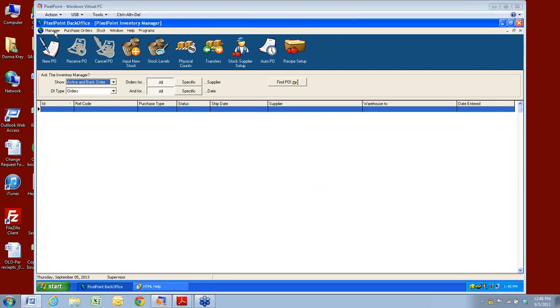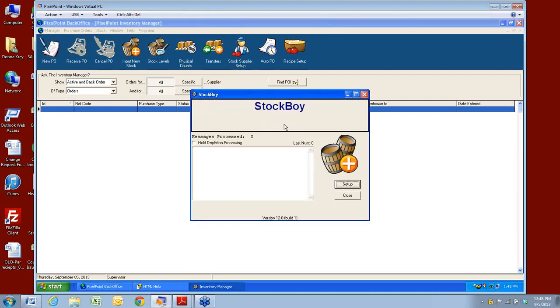Okay. All right, then we have restart, so restart inventory depletion. This is one of the options where I had turned off inventory depletion. And this is why it's not showing up in StockBoy, because this is exactly where I had set it off. So if I go ahead and click on it right now to restart it, now you'll see it change. It's toggled over to now pause inventory depletion. So that's another way. And if I come into my StockBoy application now,